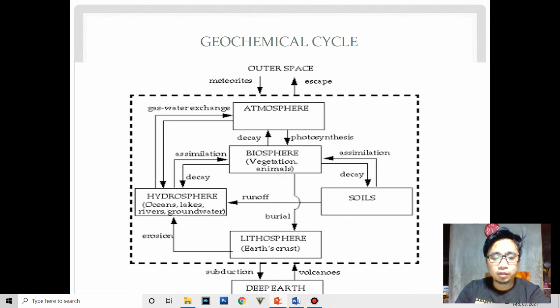Okay, so aside from the surface of the Earth going on regarding the geochemical cycle, it is also linked to the deeper layer of the Earth through subduction and through the exit through volcanism. Okay, and then the outer space could also have a contribution to the surface of the Earth